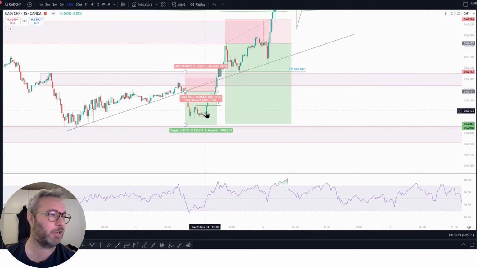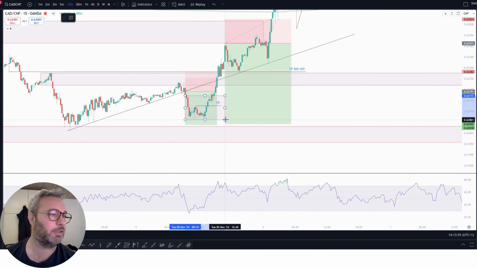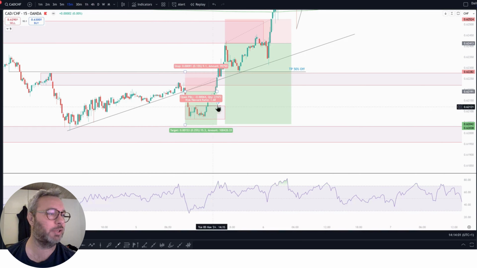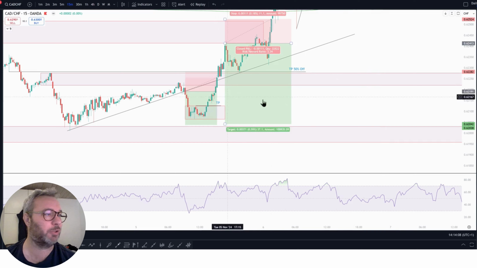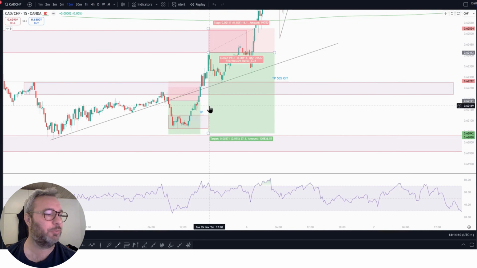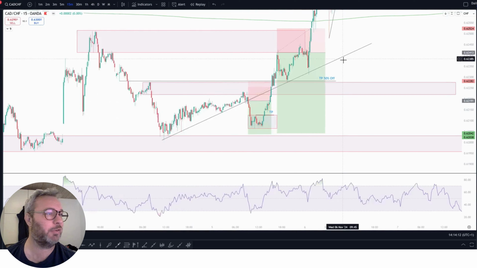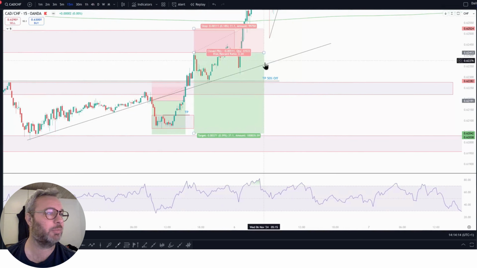So when it started to go up, and you can see it broke this little range right here, when it broke that, I took 50% off, and price went up to break even, and my stop loss at entry. So later the same day, I had a new resistance level up here.